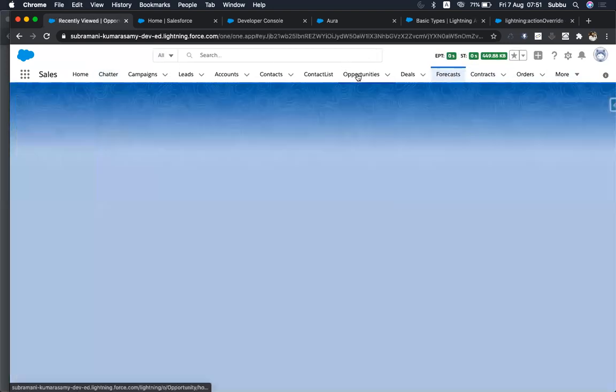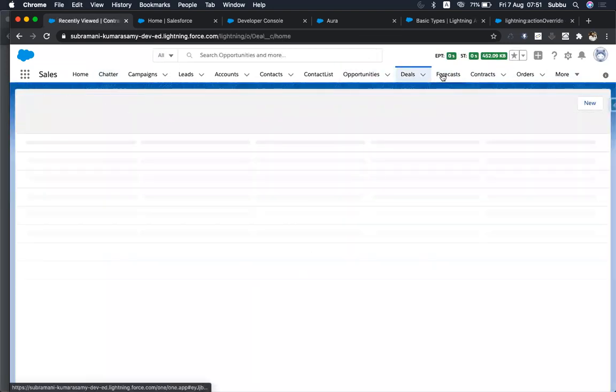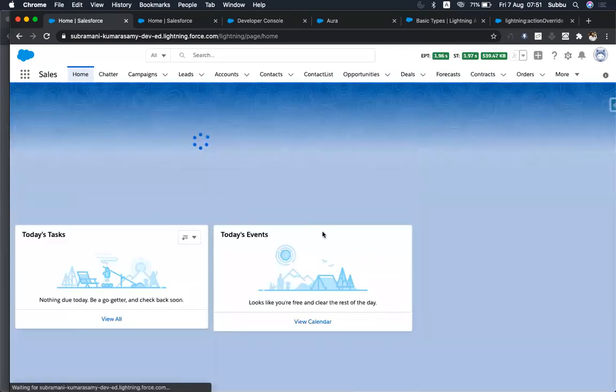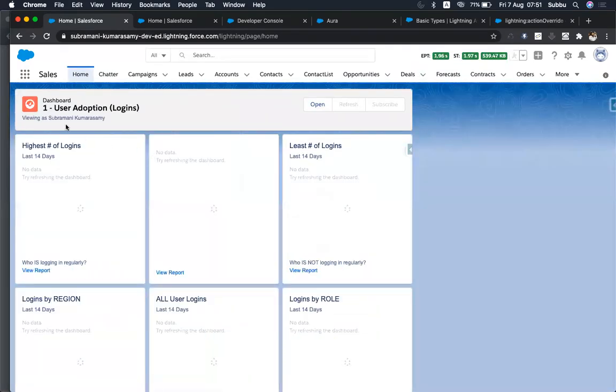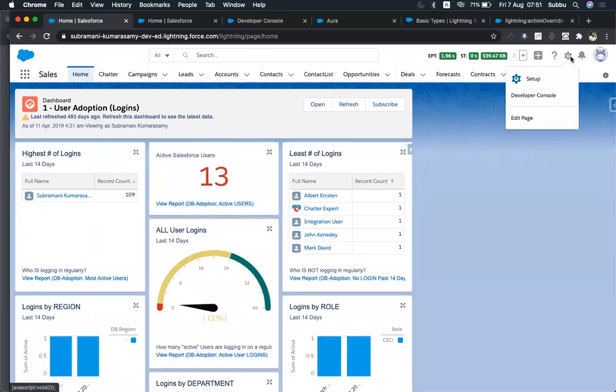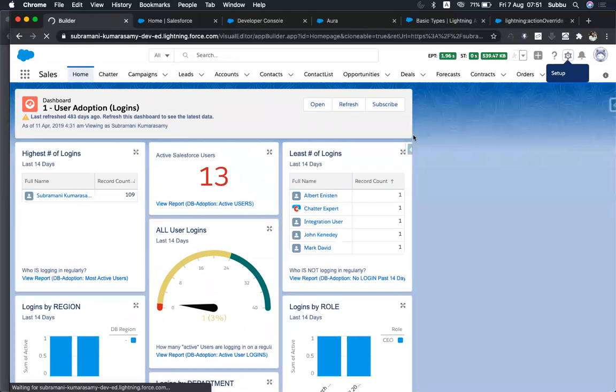You can create your lightning application, and you can also create the lightning tab and have your lightning application inside the tab as a tab, like this. These are the objects, right? Inside the tab, you can have your lightning application. And you can override the standard buttons, or inside the home tab. See, this is the home. I want to drag and drop one lightning component here. Let's say I'm able to see our component here. You can click on edit page directly.